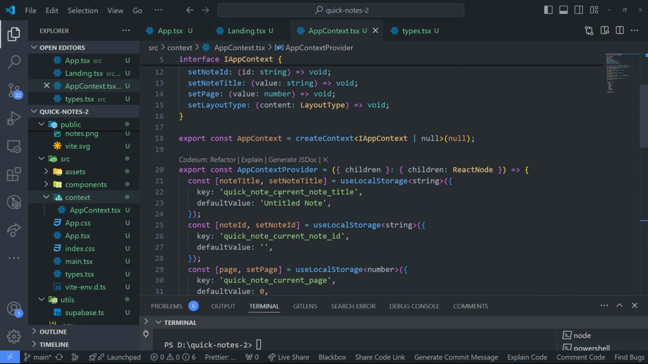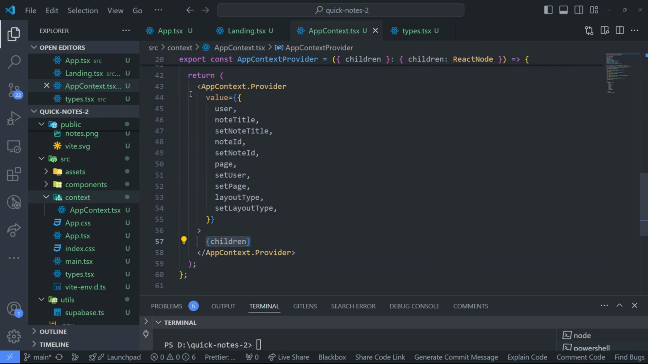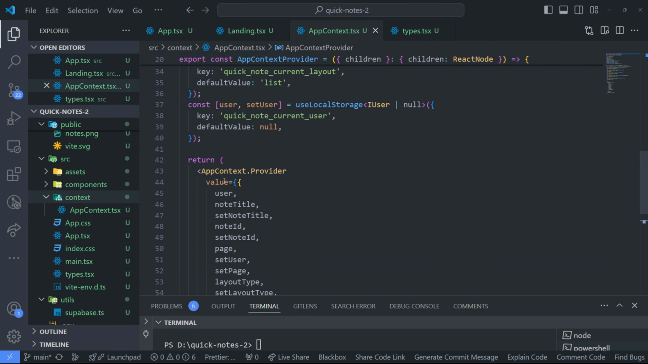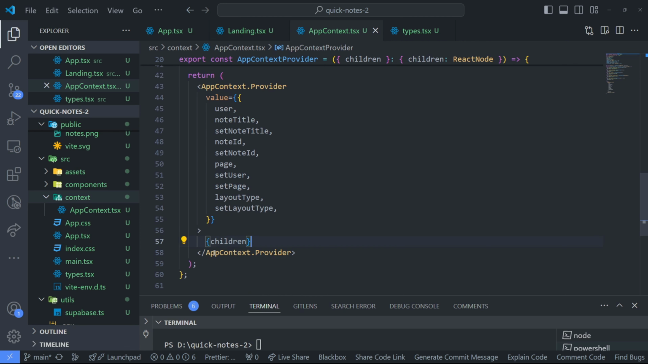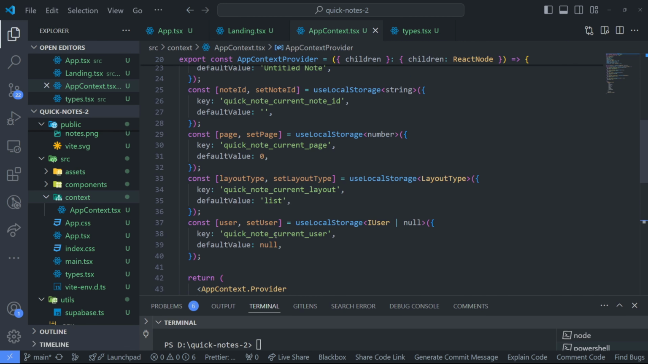So I can now use this app context provider, and I can wrap it around all my components so that it will provide the context for all the components that are going to be in here. I mean, you know how context works, right? Okay, so